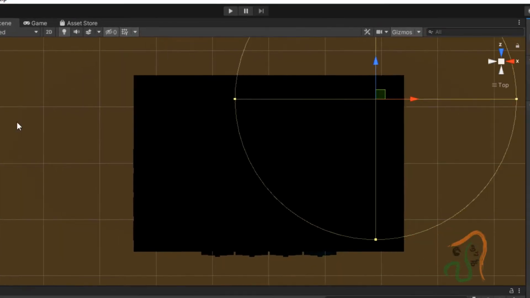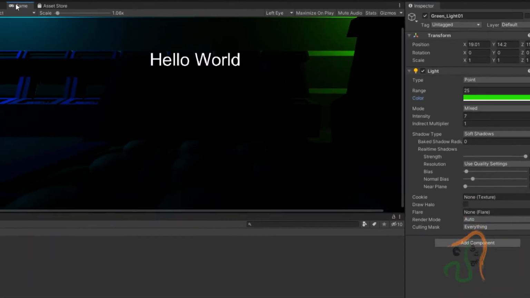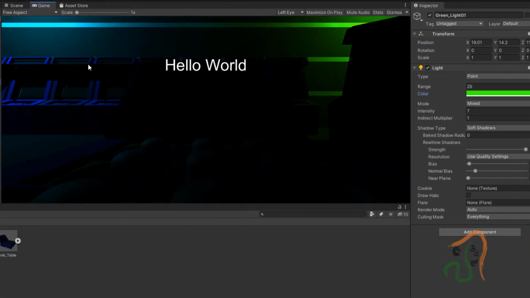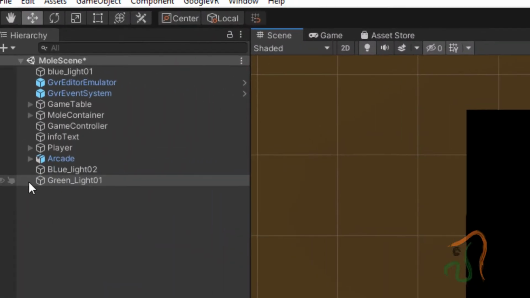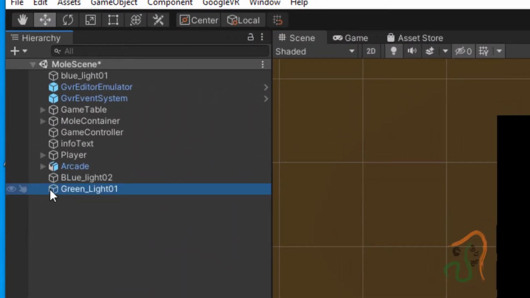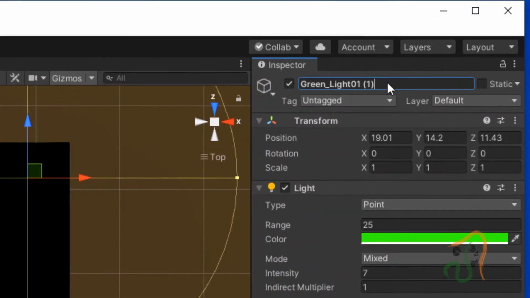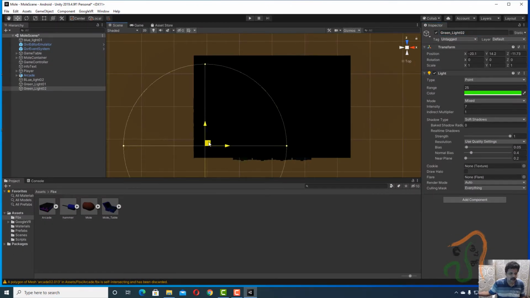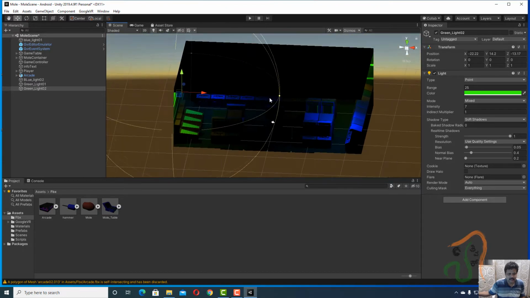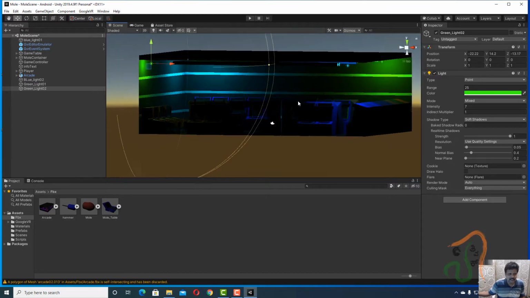Okay, so if you come back to game view, you can see here the lights that we are adding. Okay, and then now with this selected, now select green light 1, then again press Ctrl D, duplicate it, call it green light 2, and then let us drag this and keep it at the other corner here. So after this, now let us right click, zoom, and let's see the intensity of these lights.